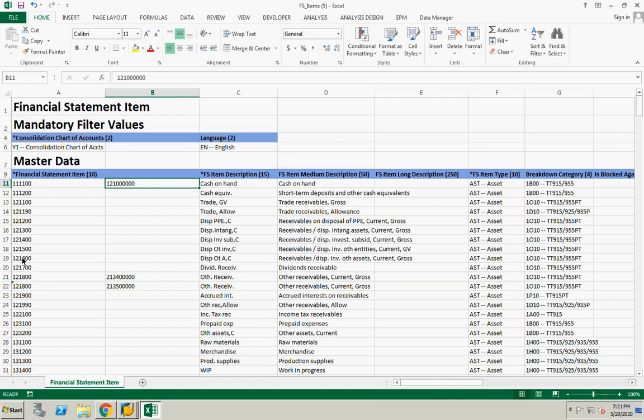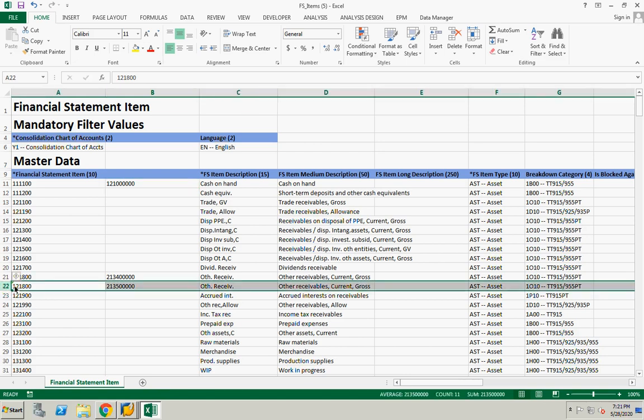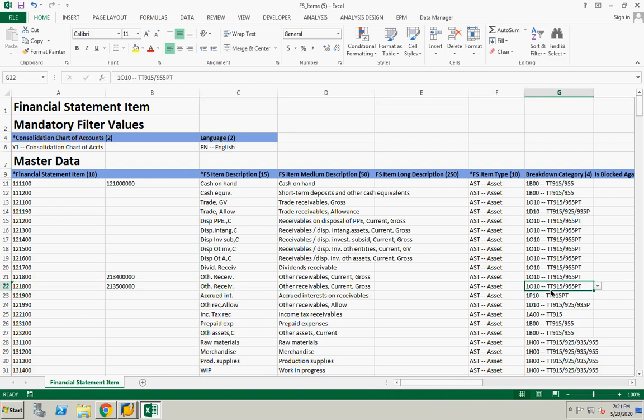So when you want to add a new P&L account, copy the existing P&L account. Let's say you want one more sales account. Copy the existing sales account with the row, not just insert a blank row and add something, because you need to get these attribute values. Attribute values are important in order to adopt the delivered content.